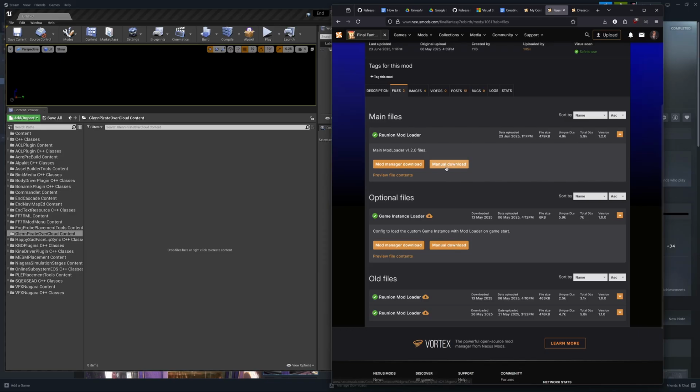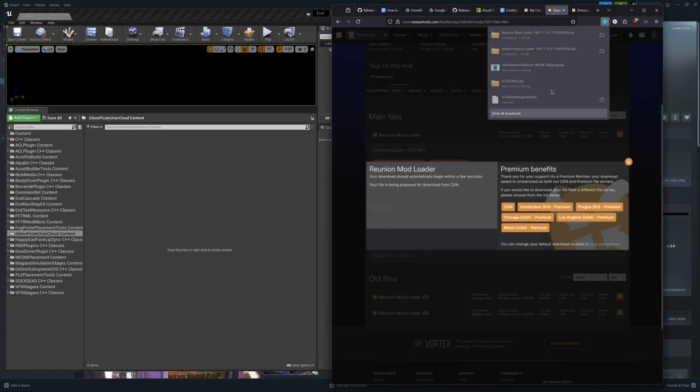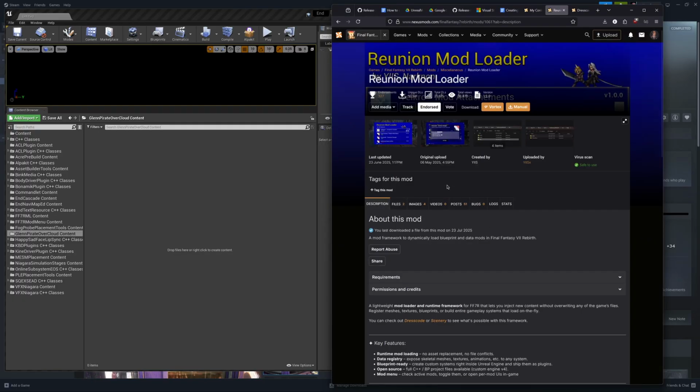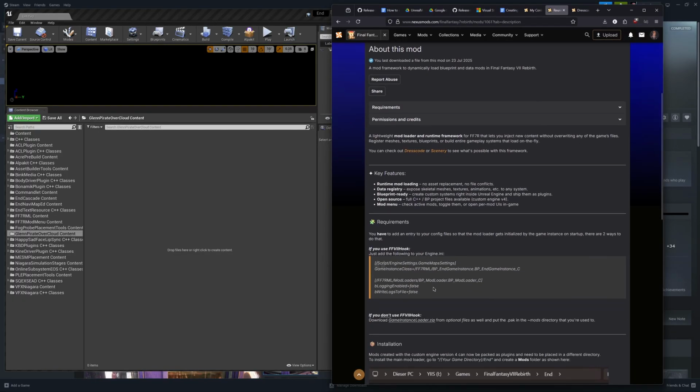Oh, and we're also going to download this as well. So let's download the new version. It looks like I had the old version downloaded. Okay, now that we have both of them downloaded,